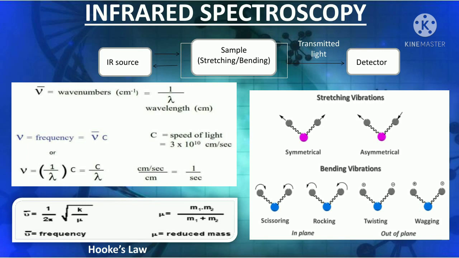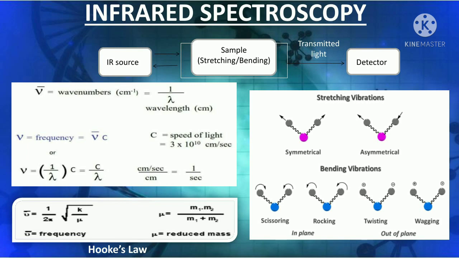Well, you all must be wondering that IR light consists of near IR range, mid IR range, and far IR range. So, which range should we be using here? Well, we generally use the mid IR range only, which is from 2.5 to 15 micrometer and from 4000 to 667 wave number. Why I have mentioned wave number also, I shall discuss later.